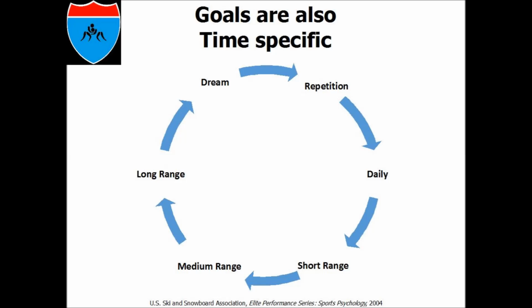A dream goal is something that you want to happen over the course of your career. Let's say you're 9, and by the time you're 19, 20, and go until you're 25 or 30, that's how you would want your career to be or end. A long range goal could be like an Olympic quad, or over the course of 1 to 2 to 3 to 4 years. So it's not necessarily a dream goal, but it's a couple of steps backwards. Medium range goal. Now we break our training down into periods, like a competition period, the transition period, or the preparation period.